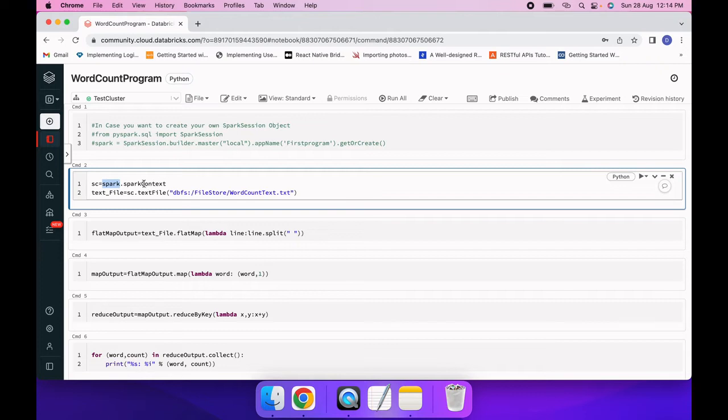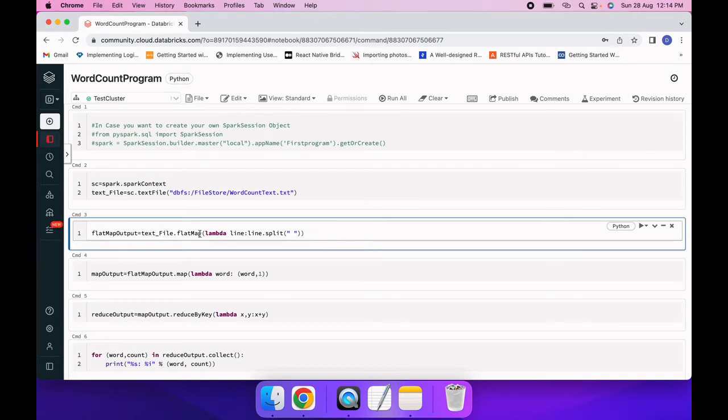From that Spark session object I am trying to access the Spark context. Here in sc I am getting a Spark context, and through that Spark context I am using the textFile method, reading the word count text.txt which I have uploaded. In the text file object I am getting one RDD,